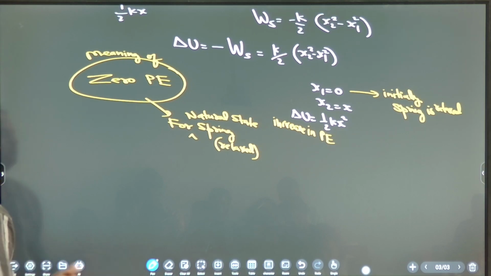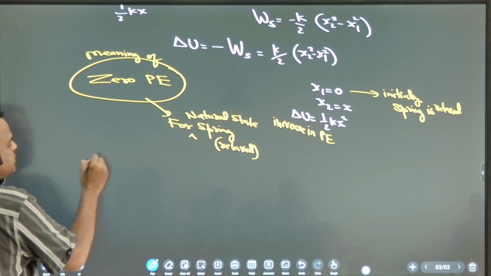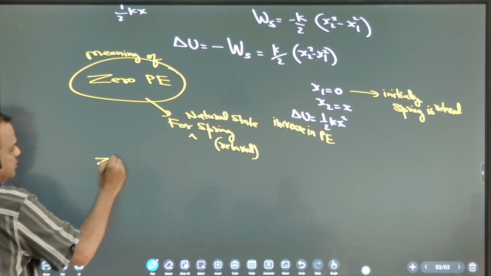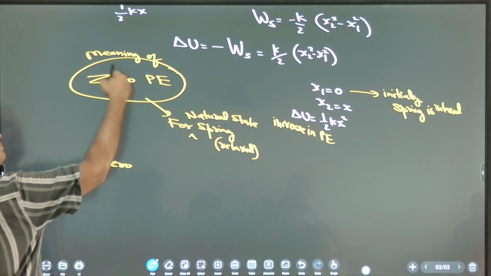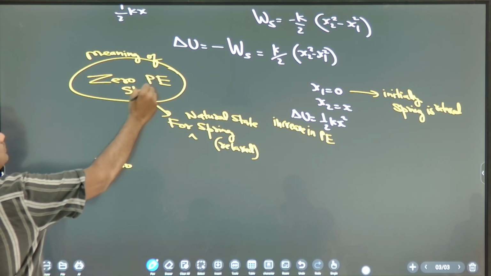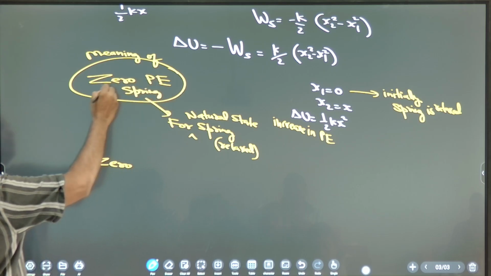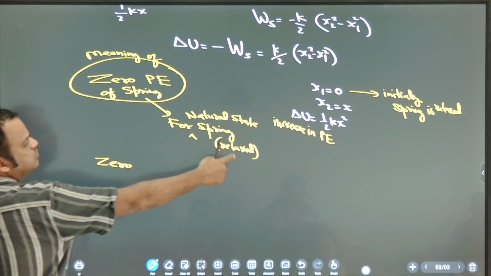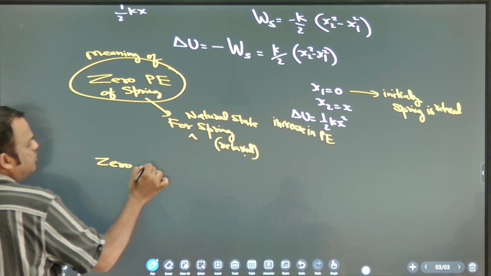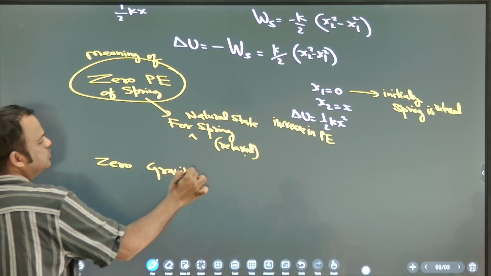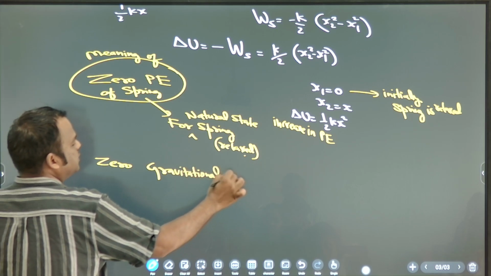Ground. Okay, so it is assumed. Note down. This is for spring: zero potential energy of spring means relaxed. And zero gravitational potential energy means